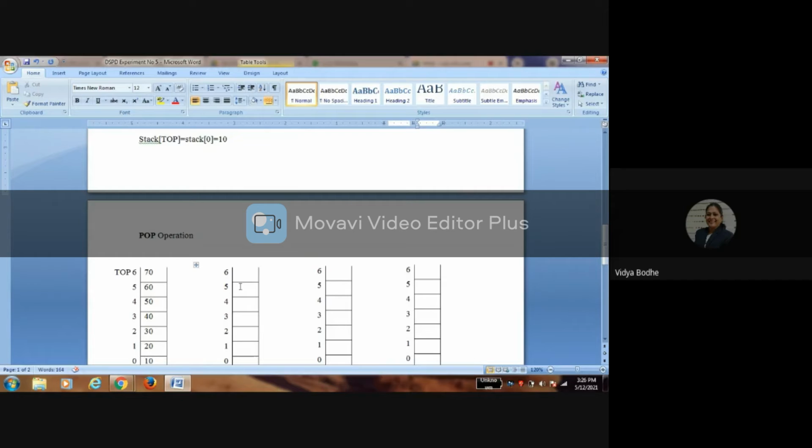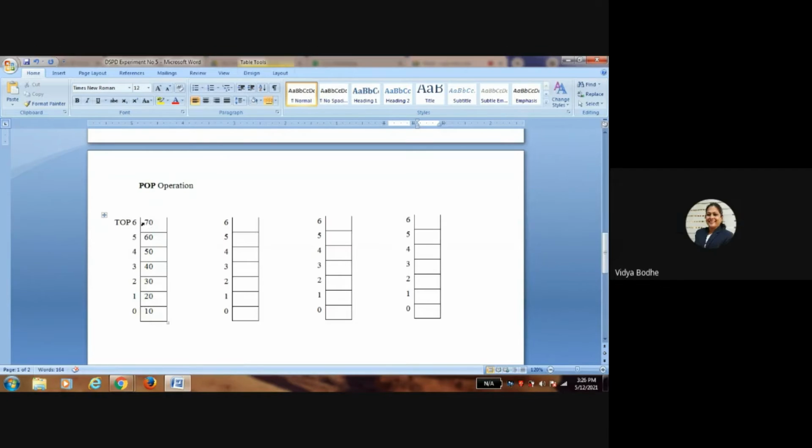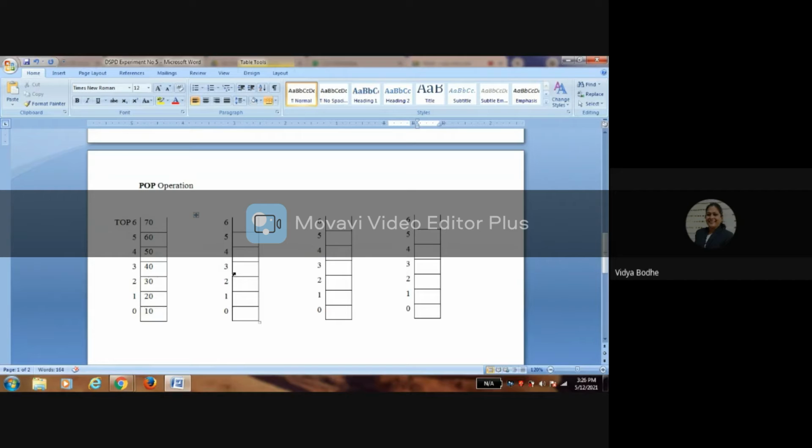Now I am going to explain the pop operation of the stack. Here I give one stack that is full and top of the stack is at position 6. Insertion and deletion operation is performed at the same end, that is from the top.